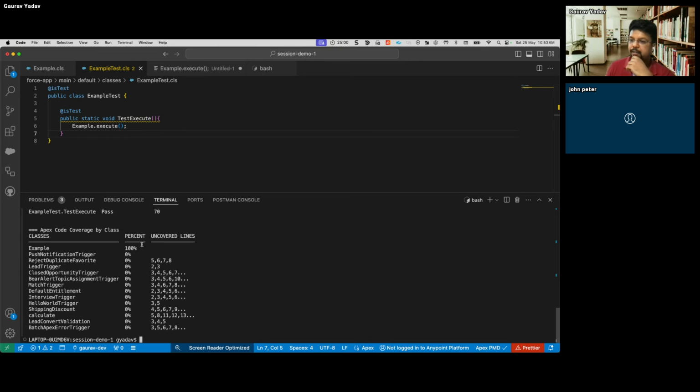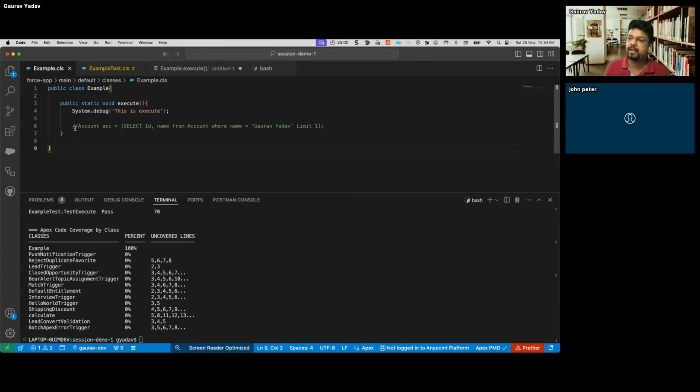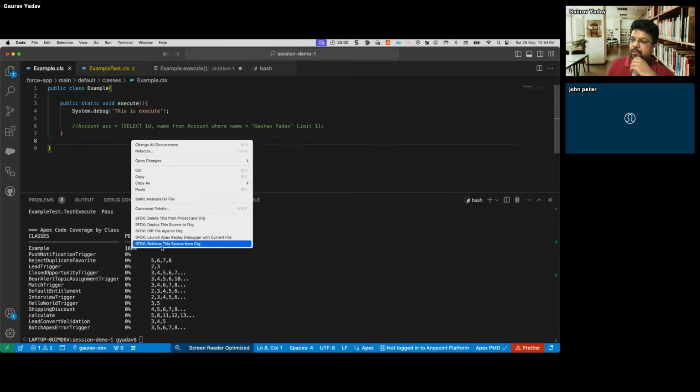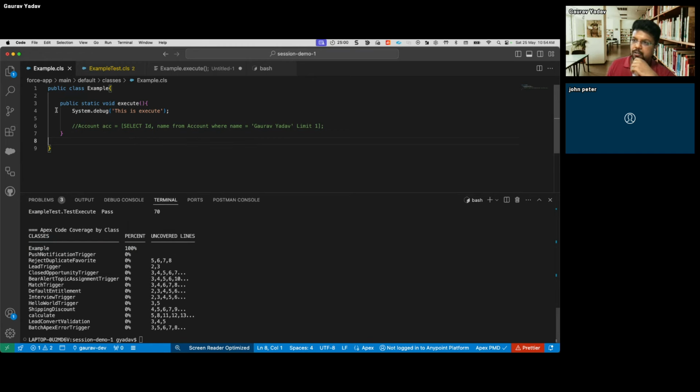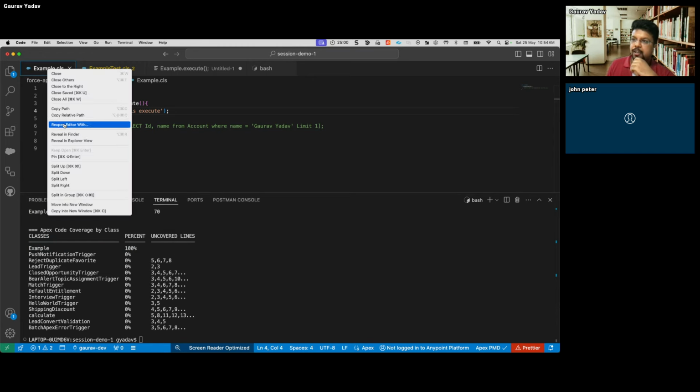And here, for example, is having my 100% code coverage. Again, some of you will say, okay, one of my other friends is also working on example one, and he added some things into example one. How can I get those things onto my local machine? So there are multiple ways. Again, right click, retrieve this source from the org, or the second way is you can do the